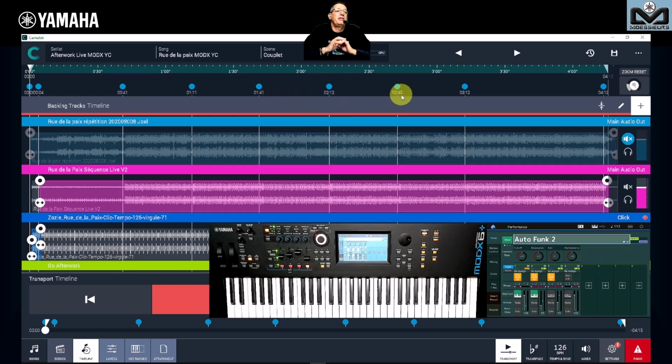So you do not have to care about this. You play start, the backing track start, you play your sound and the sound change without you have anything to do. Just play and take pleasure with your friends on stage and with the public. That's very, very important. So this is my advice if you use backing tracks, especially.